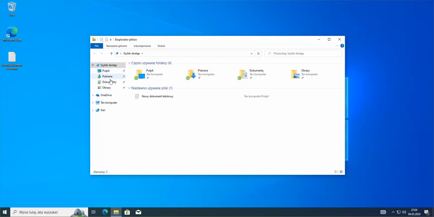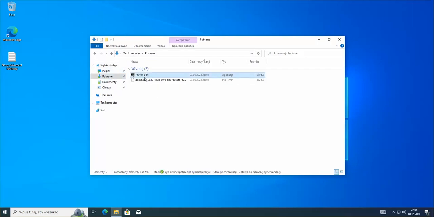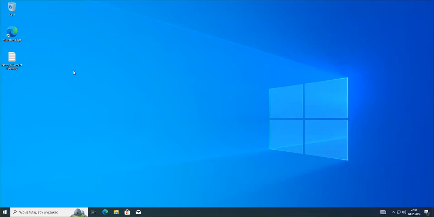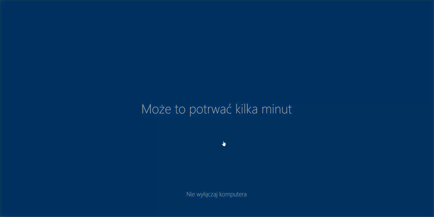And in the downloads, I have my 7-zip package that I've downloaded. So the folder redirection works here,